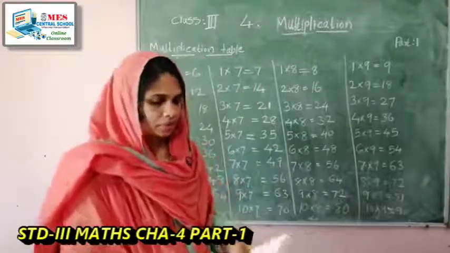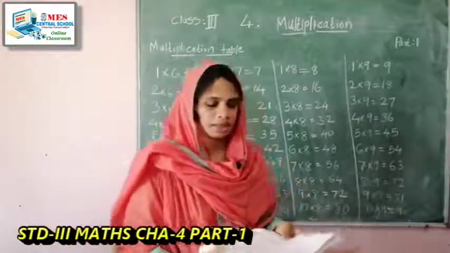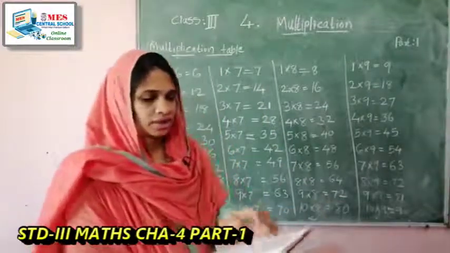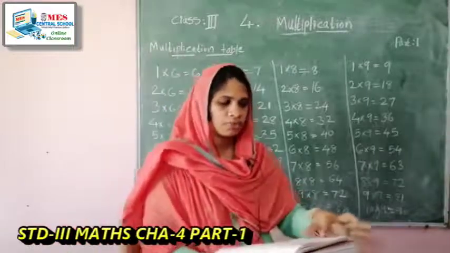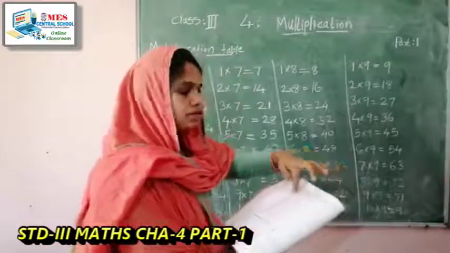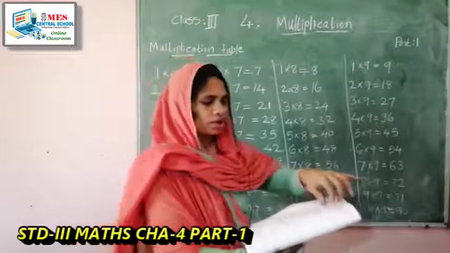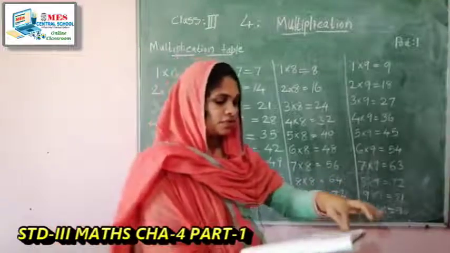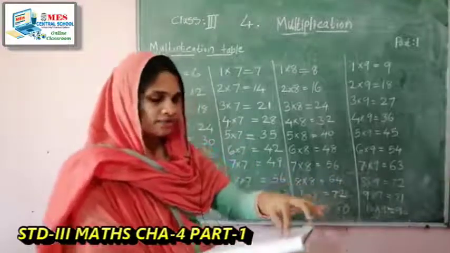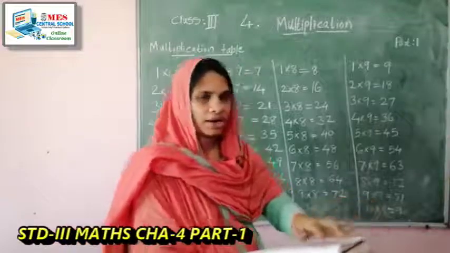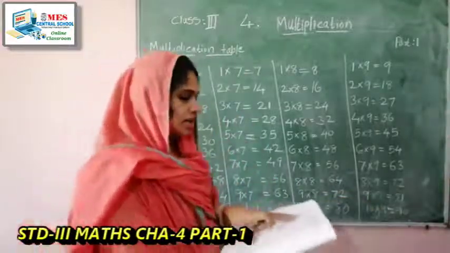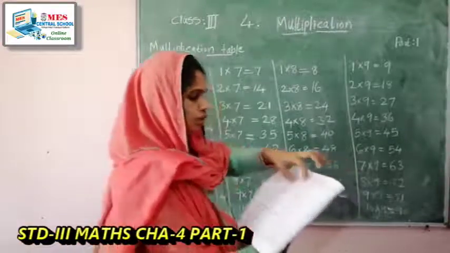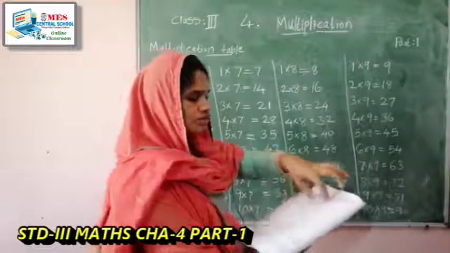Next, fill in the missing gaps in the multiplication grid, page number 64. Some numbers are given column wise and some numbers are given row wise. You have to multiply the row number and the column number. 1 1 1. Then next 1 2 2. 1 3 3. 1 4 4. 1 5 5. 1 6 6. Similarly, 1 7 7. 1 8 8. 1 9 9. 1 10 10. Then next second column. 2 1 2. 2 2 4. 2 3 6. 2 4 8. Similarly, complete all the tables.